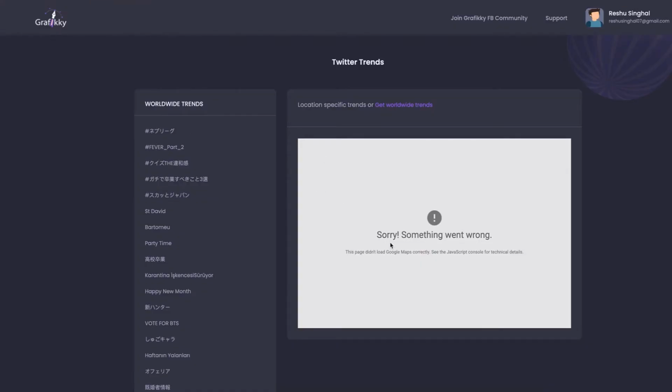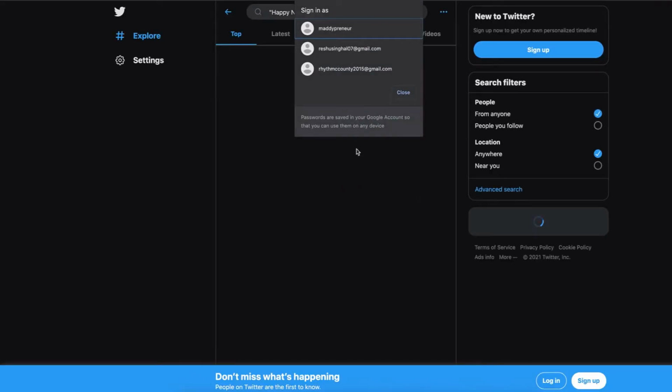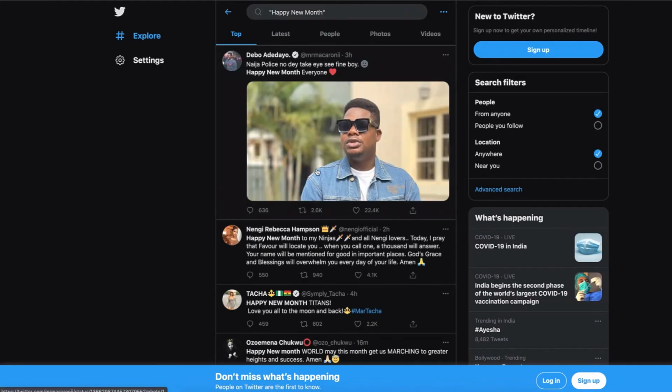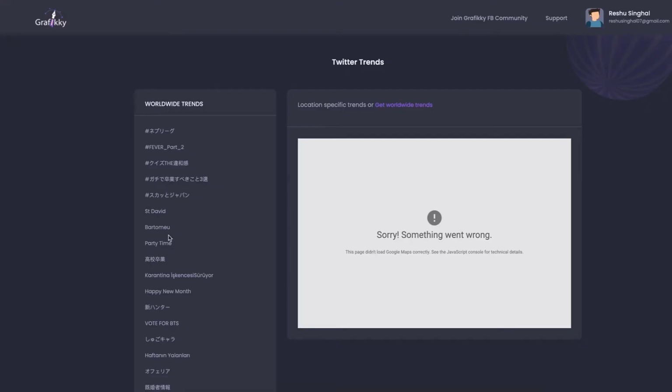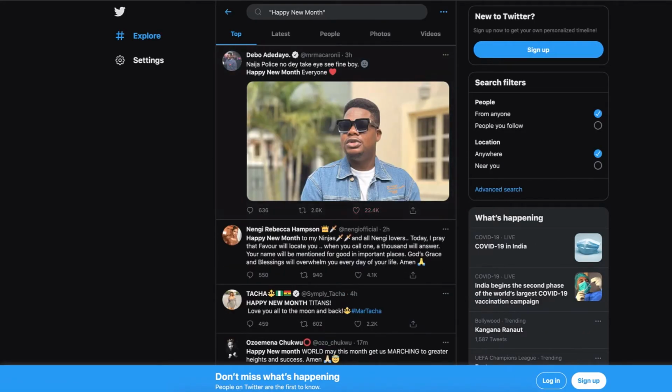If you wish to see the tweets according to the region, a map will come up over here. You can select your region and we'll show all the trending tweets. Otherwise, you can simply click over here and you will see the trending tweets according to what you chose. I chose Happy New Month, and this is what it's showing.